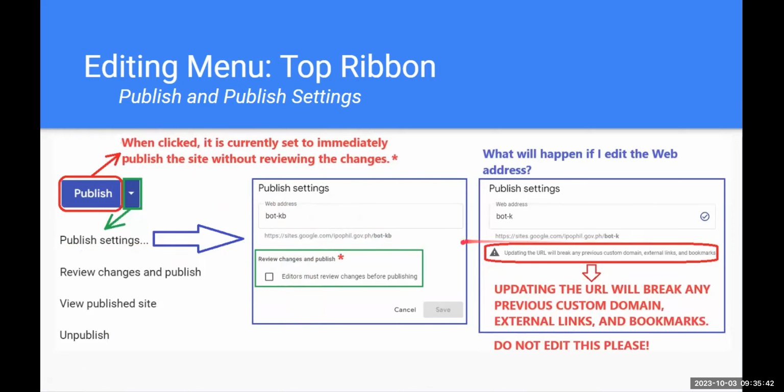So this error, or not really an error message, a precautionary message, will pop up and say that updating the URL, Universal Resource Locator, will break any previous custom domain, external links, and basically you will break the site. So please do not edit this when you see this. Every time you see BOTKB and it's giving you the ability to change it to a K, to a DL or something, for now, do not edit it